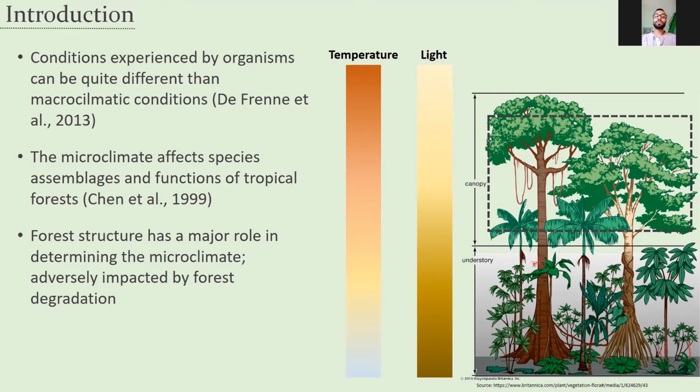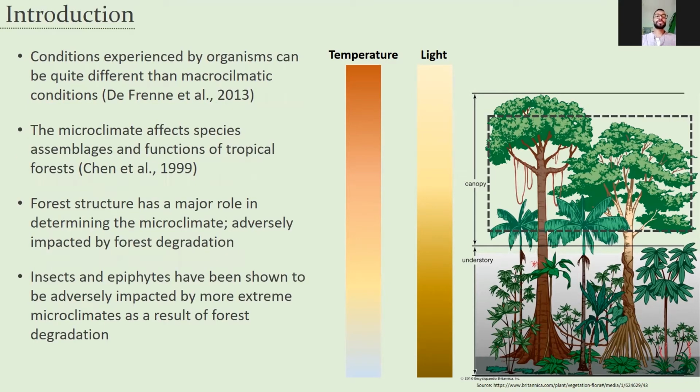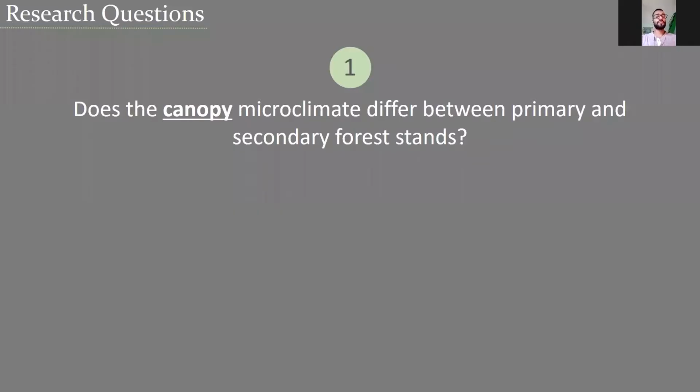But such knowledge in the context of forest canopies remains limited, especially in South Asia. Further, vascular epiphytes and beetles respond negatively to more severe microclimatic conditions through changes in physiology, life history, and distribution. Hence, in this study, we focused on vascular epiphytes, a typical but lesser studied component of rainforests, and beetles, one of the most abundant insect groups, to answer the following questions.